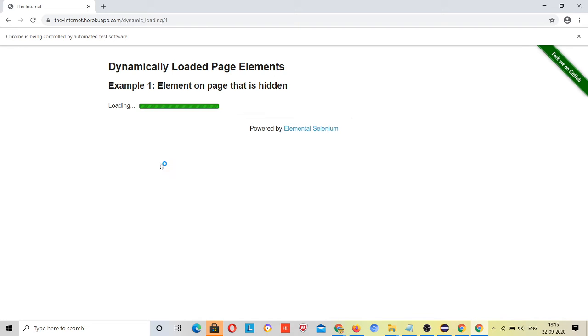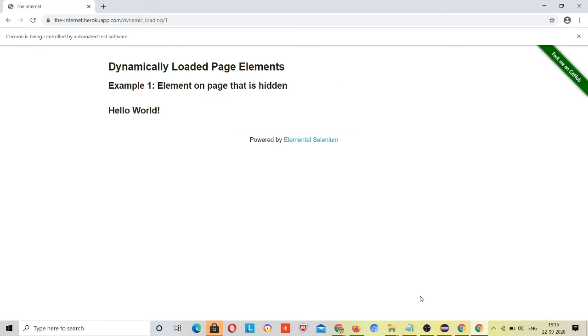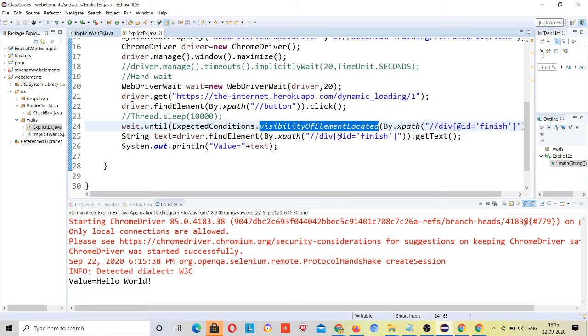It will click on that element after loading it, and once it clicks, see, it's not printed, the value is equal now. As soon as it was here, right, it printed. So this is different.